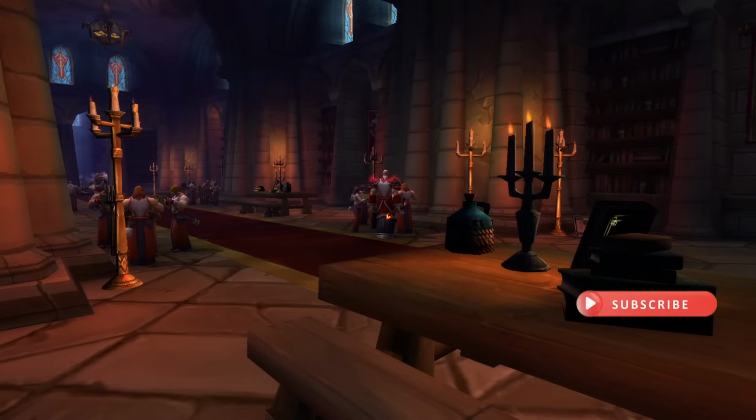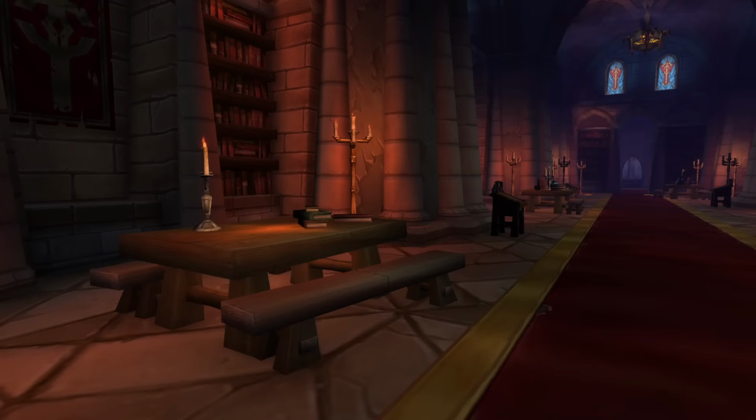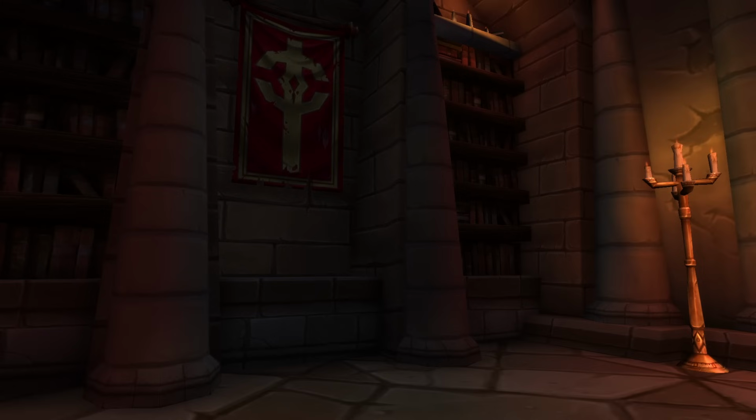Number 3 is the Scarlet Monastery Library. I mean, everybody knows about it. In fact, some people know way too much about it because they've probably run this over and over again to power level back in Classic WoW, but it is a really cool library, and if you don't know, the Scarlet